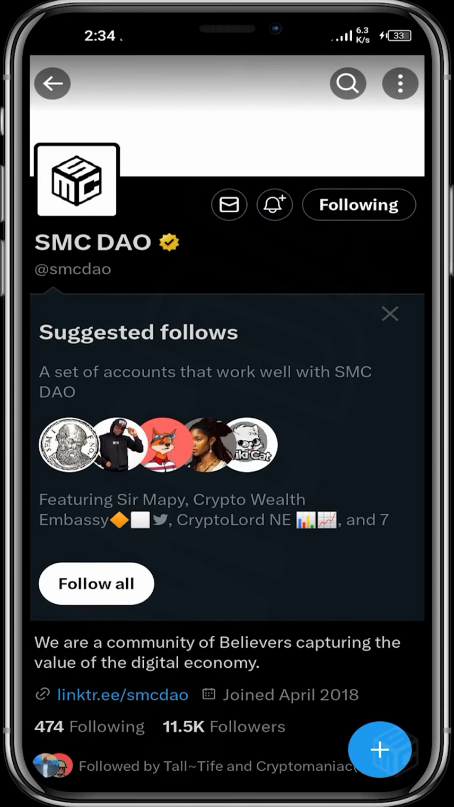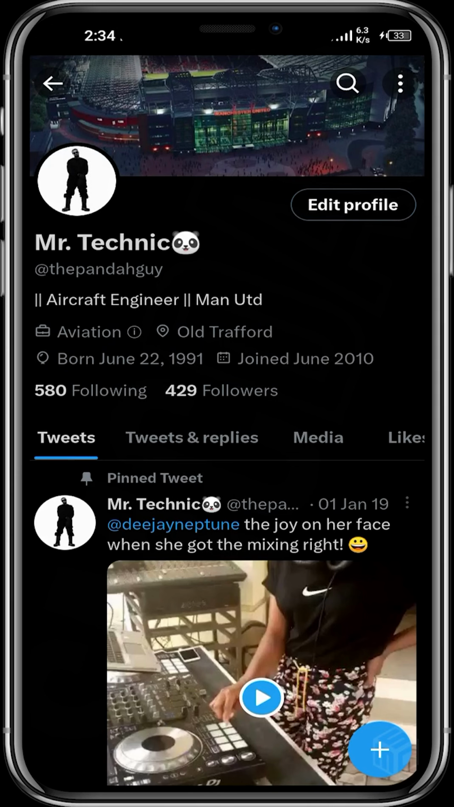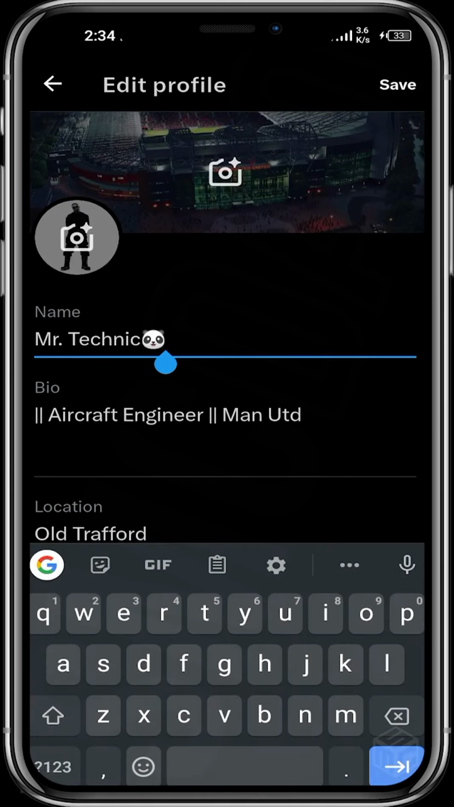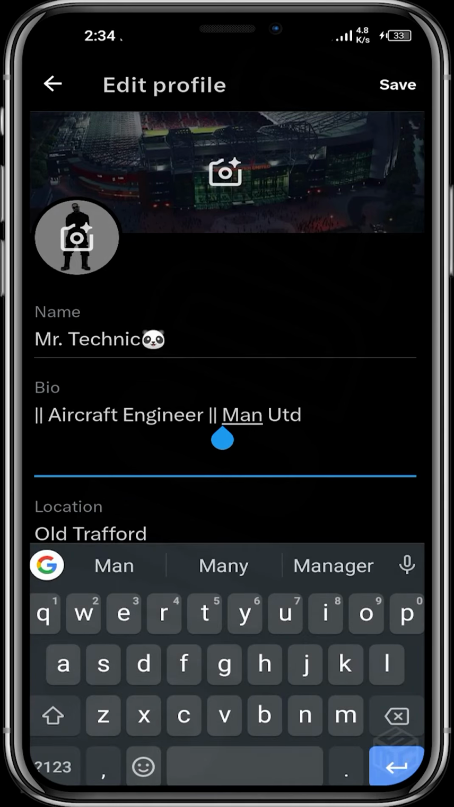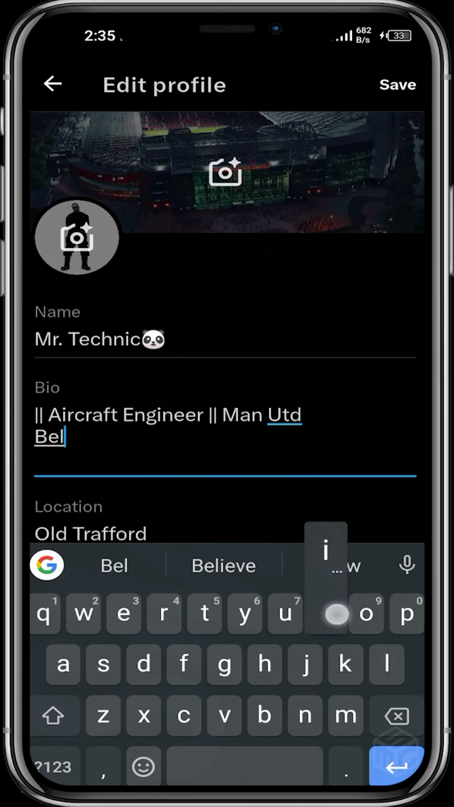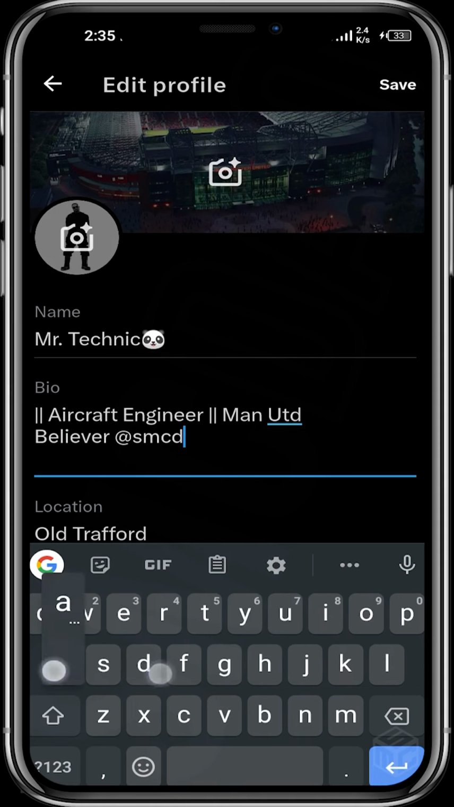Okay, so we have to go to our Twitter profile, tap on your Twitter profile, right? And then where you have edit profile, you tap on edit profile, and then where we have bio, right? You ensure you input the SMCDAO Twitter handle. So you just put something like this: believer at SMCDAO. Okay, this is perfect. That is where you have your bio, the description. You just put the SMCDAO Twitter handle, and then where you have your name, your display name, you ensure you